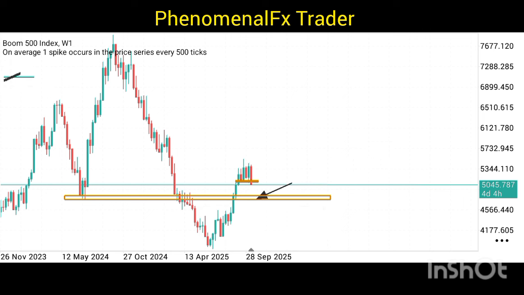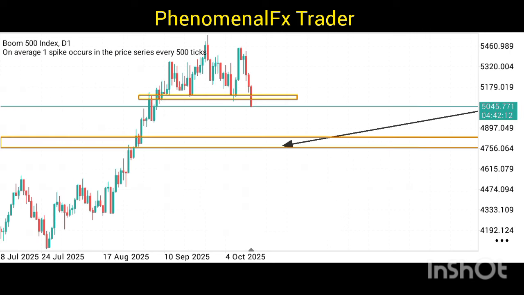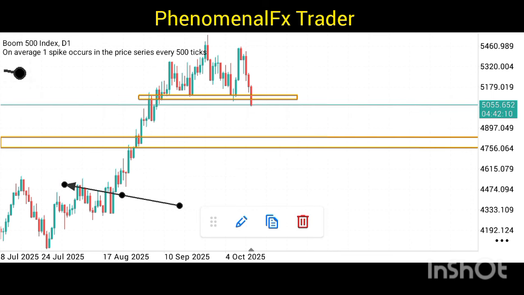If you spot an opportunity, let's go to the daily time frame again. If you spot an opportunity, like maybe the current candlestick closes bearish as it is, then it pulls back to close bullish on this zone, not above the zone, on this zone, then you take an entry from here. Trust me, you can take some nice sales, but make sure that you take your profit before the market